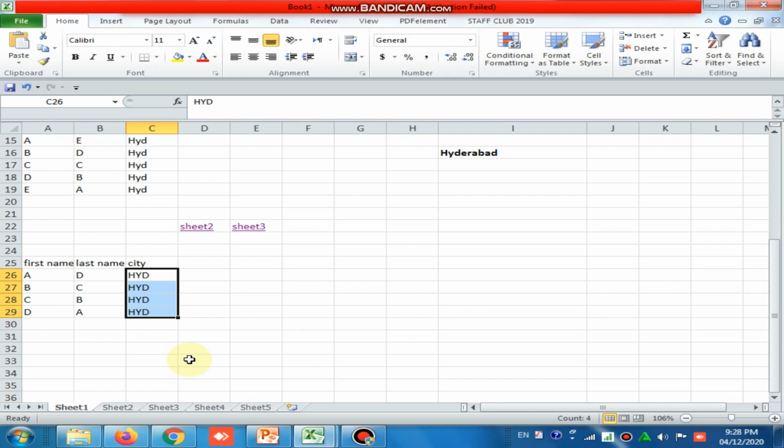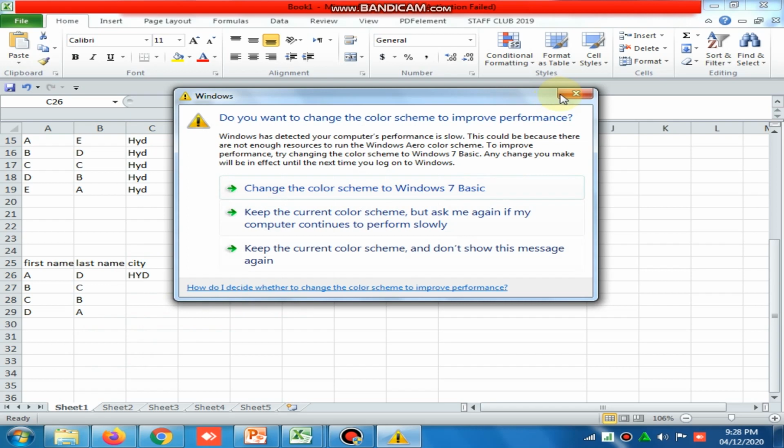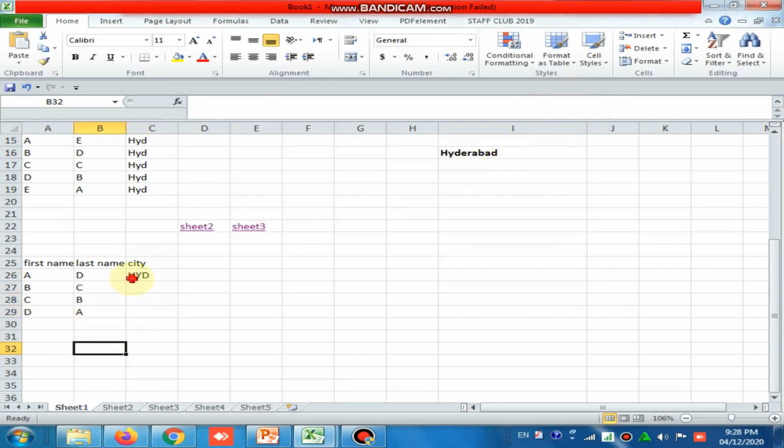Okay, fill down. Once again I will show you. First you type the city name, all Hyderabad only, then select like this and press Control D, so it will fill down.